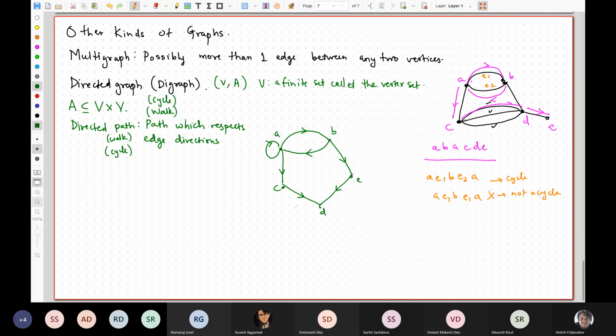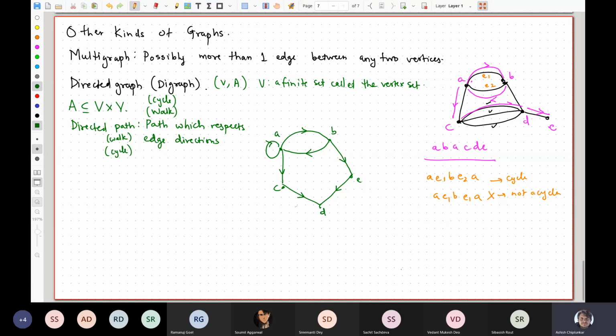Yes. Right? And in case of walks, there is no such restriction. Vertices could be repeated, edges could be repeated, everything is possible. And cycle, both should be distinct. Yeah, cycle, except for the first and the last vertex, which kind of completes the cycle, everything should be distinct. Edges should be distinct, vertices should be distinct. Okay, so fine.